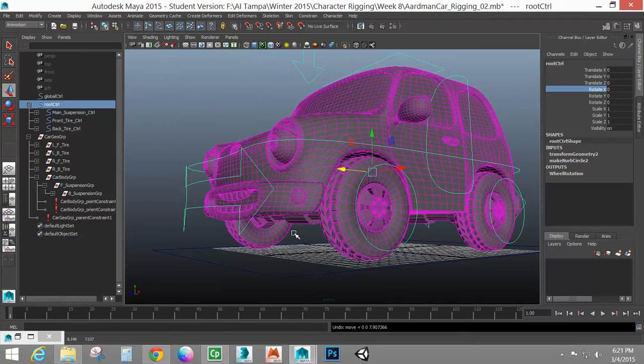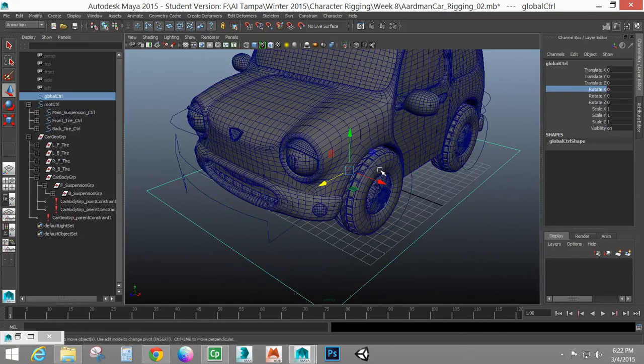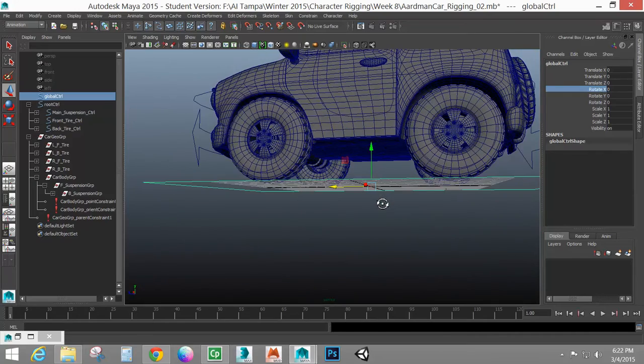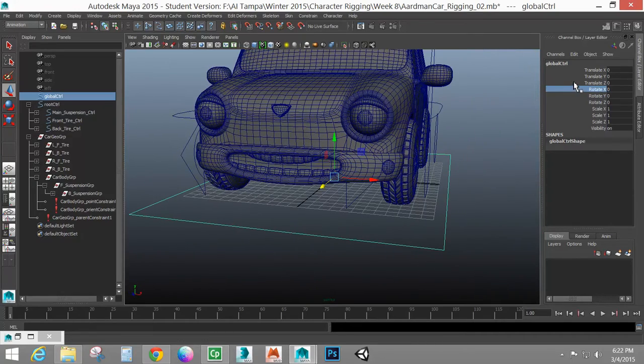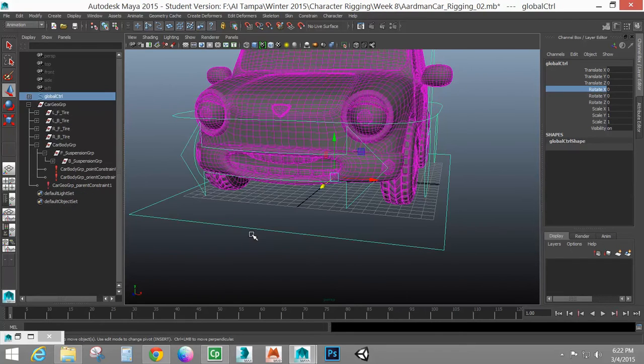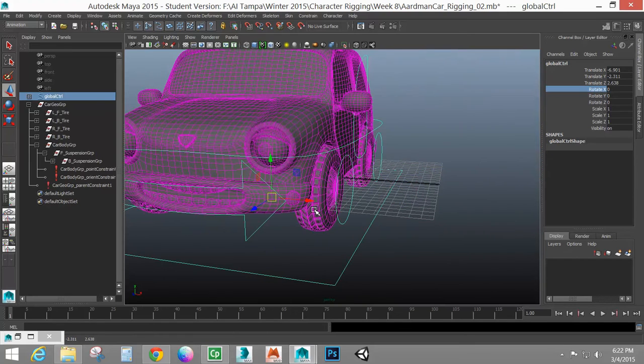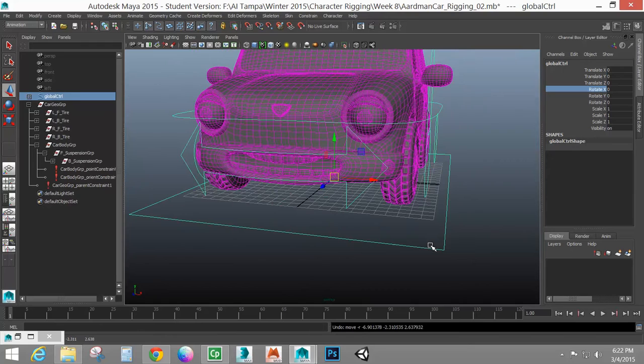You have a root control. Again, if you ever downloaded a character rig before, you always have a global, the global that puts the character into the scene. So again, that's what my big rectangle that I have along the bottom is. It's just a regular center pivot to the origin, and it's my global. So I'm going to parent my root control to my global control. Again, I would never animate this. This is just what I would use to put my car in the starting line. Once I've got my global control,